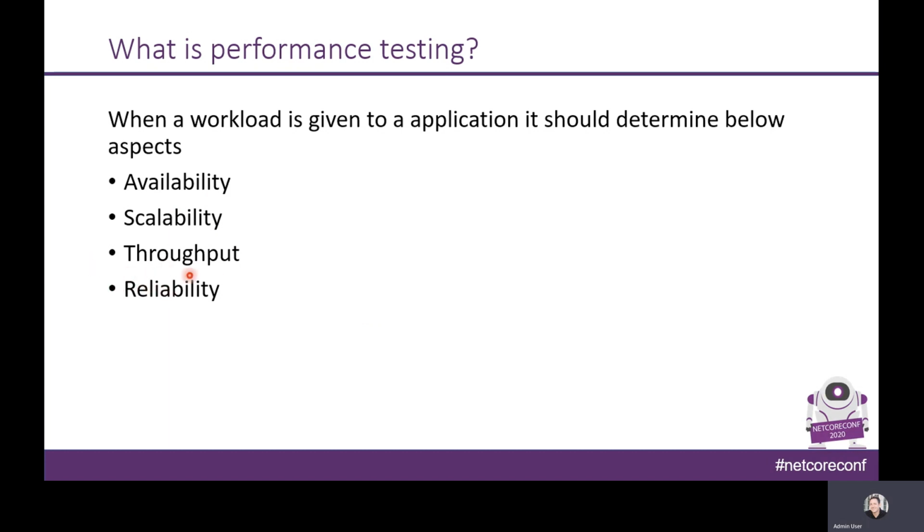And next, coming to the throughput. Throughput is how many transactions and how many processes an application can handle per second. That means the amount of transactions or processes produced in a given time during this test. For example, if the user is making 100 transactions within a second, then that is called throughput. Determining that throughput and evaluating that value comes under throughput.